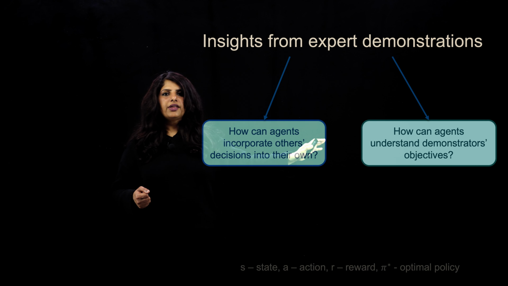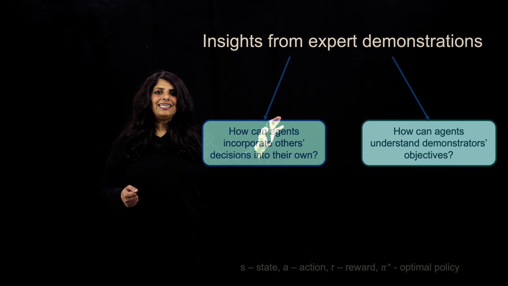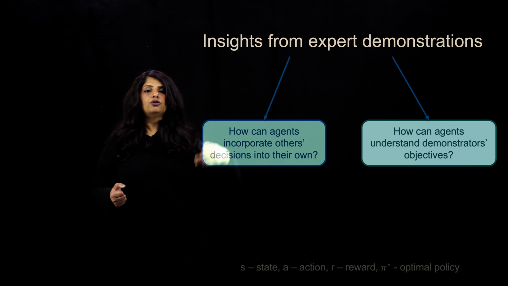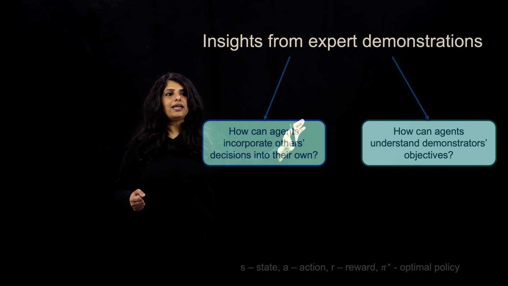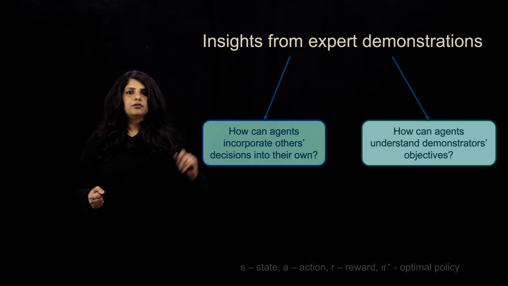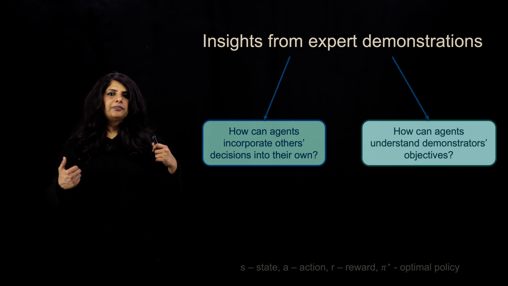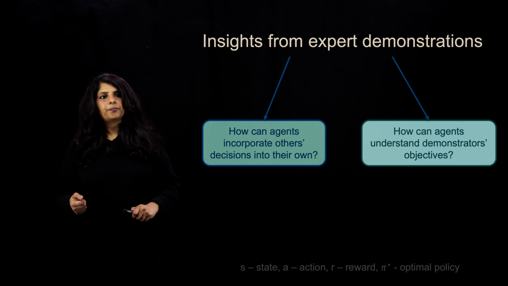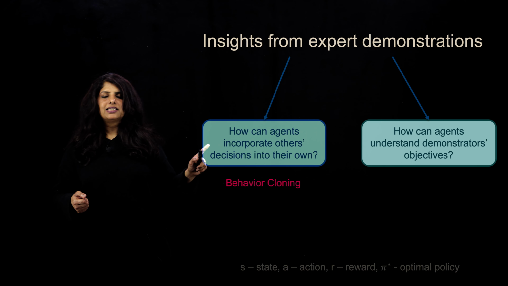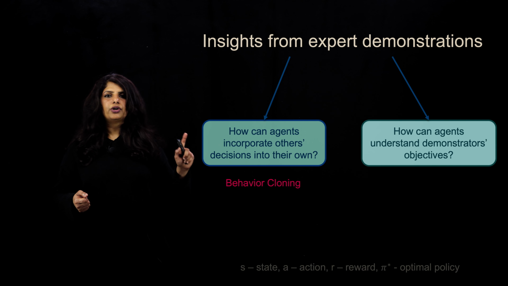Or we saw that it is possible for us to estimate the intent of the agent and then go on to use that information to train an optimal policy. So the question we were looking at here is, how can my agent understand the demonstrator's objectives to be able to work with scenarios that are a little more generalizable beyond purely mimicking actions? In the first case, this is nothing but behavior cloning. So we are just trying to mimic the actions of our expert.